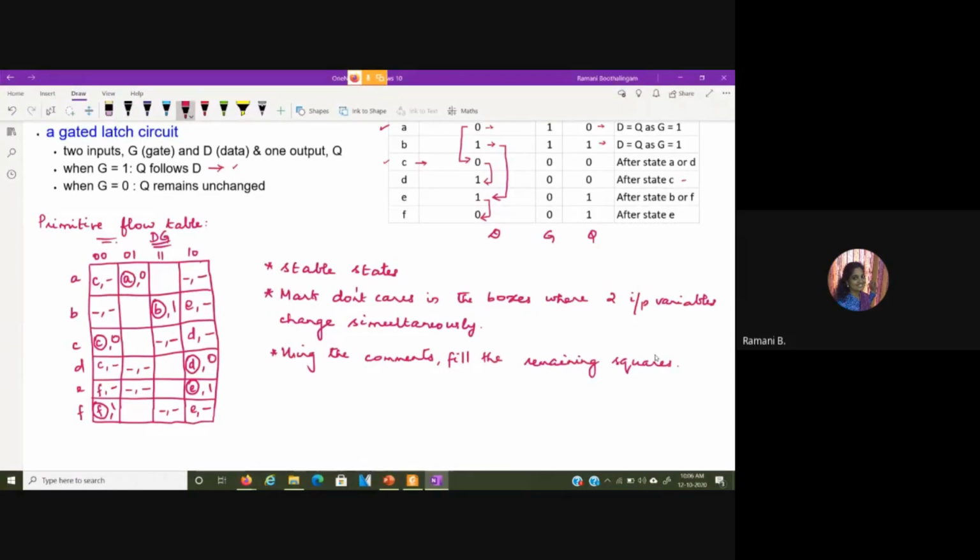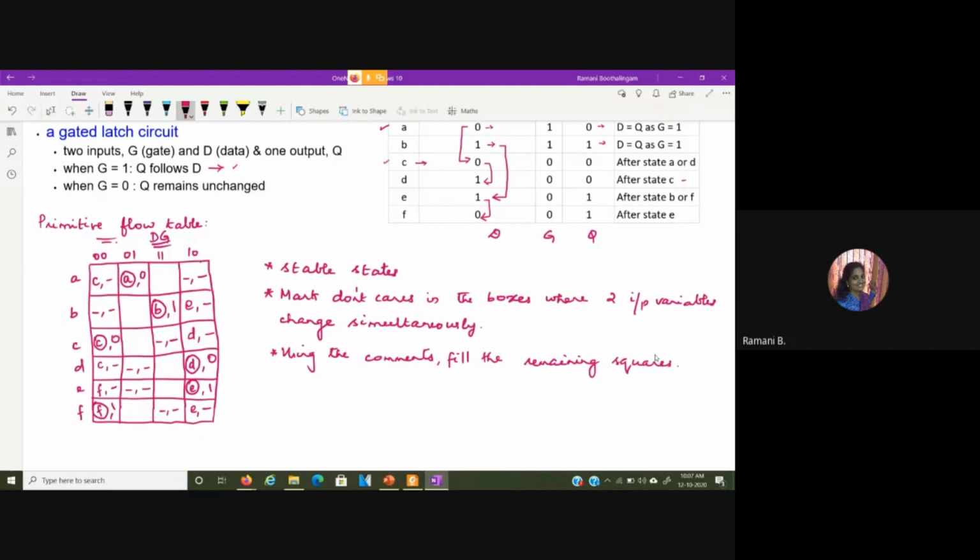For other squares, we can check whether there is a possibility of the state A occurring after any of these conditions, because we don't have any other stable state in this particular column. So obviously it has to go through state A only. So let us check that. With the 0-1 condition, this can occur after A actually.